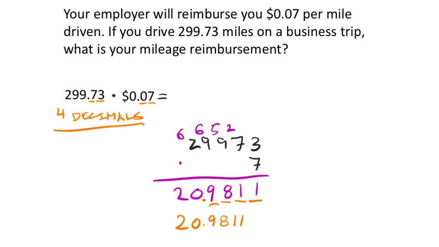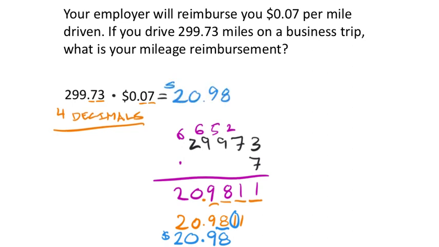Of course, this is mileage reimbursement in dollars. So that means that we would round to the nearest hundredth, or penny, which is where the 8 is. To the right is a 1, so the 8 will remain an 8, and we end up getting $20.98 of reimbursement. I'll write that up here,